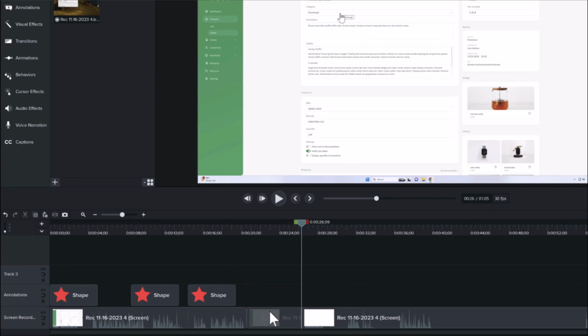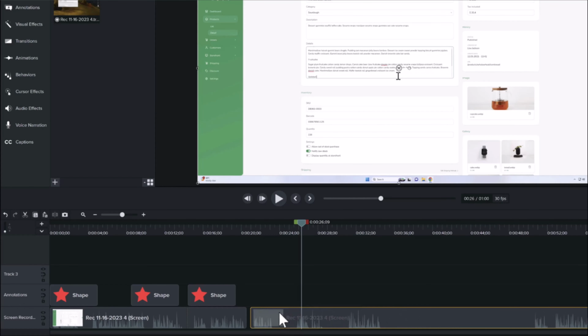This has cut out the pause, and now I can select the pause and then hit Delete. Remember to have your object selected before you use the Split button or shortcut key. Without the media on the timeline selected, the split will not work. Once that pause is removed, I can click and drag my media on the right over so there's no blank